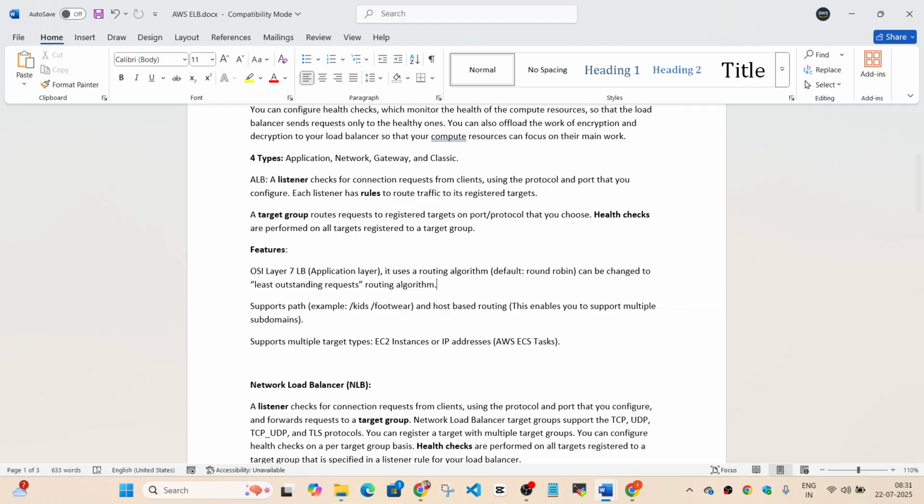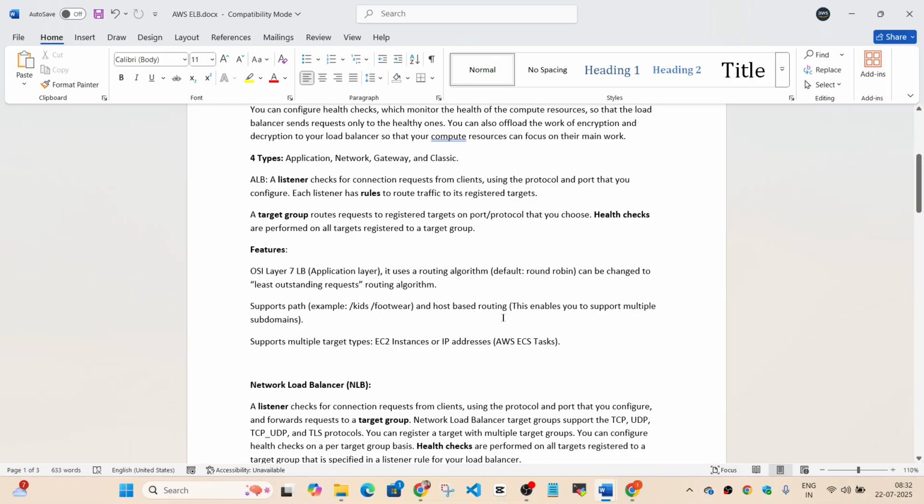So in a particular website, you can divide it into separate parts, and you can use this path-based routing to route the traffic from the users to different parts of the website. And this is what the big e-commerce websites use. Whenever you are searching for anything related to shoes or apparel, you directly reach that point after you hit search. All that is being done via this path-based routing behind the scenes.